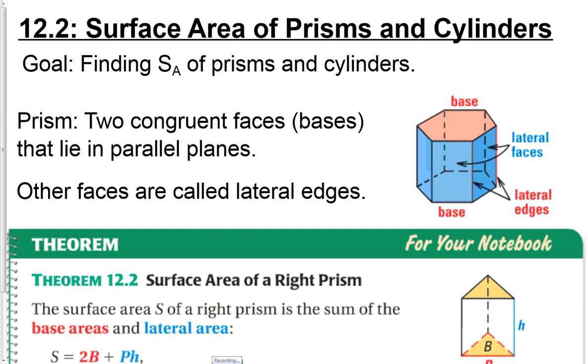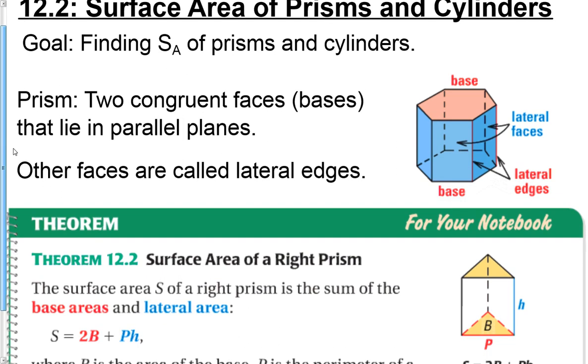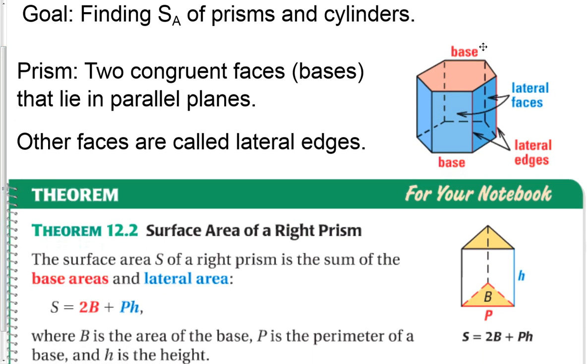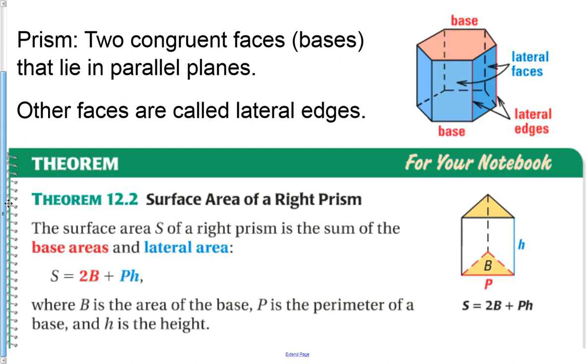Today's lesson is on the surface areas of prisms and cylinders. So prism, again, we're going to have two congruent faces, which are the bases that lie in parallel planes. Other faces are called lateral faces. Now the focus of this chapter is going to be surface area and volume, and so I'm going to focus